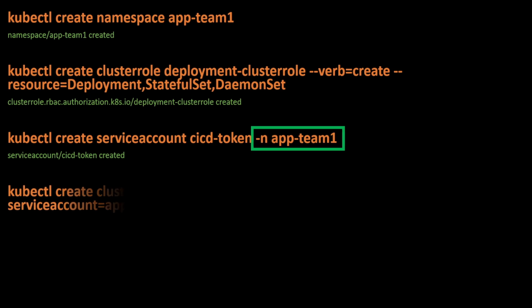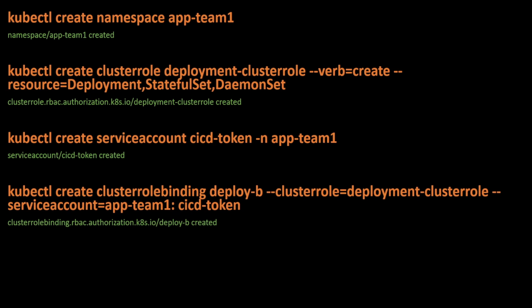Next, we create a cluster role binding, the name is deploy-b, and bind it with the cluster role and also with the service account username. Please bear in mind the syntax of the service account.